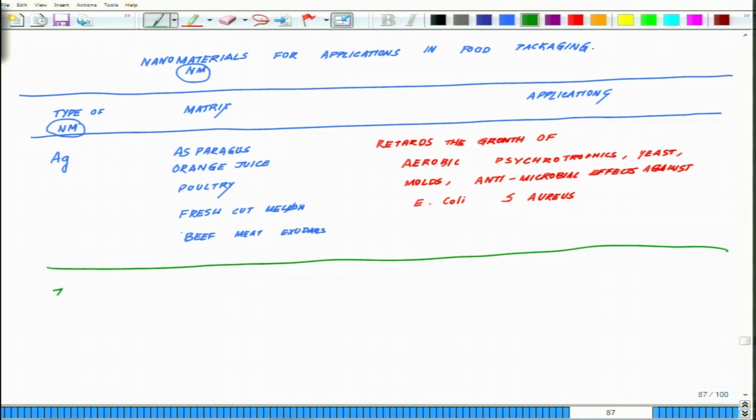Zinc oxide, ZnO. So, ZnO as a matrix, we are talking about orange juice, liquid egg albumin, which is the major protein of the egg, and it effectively reduces Lactobacillus plantarum,